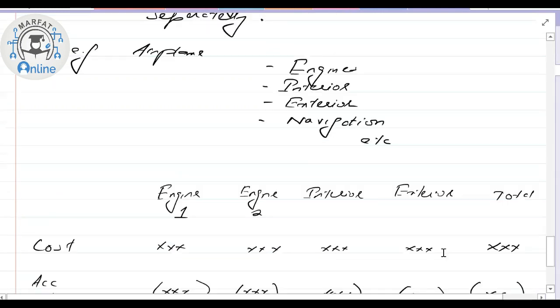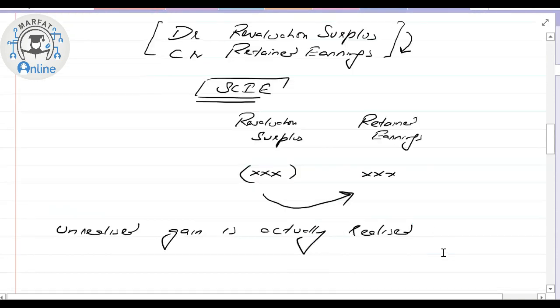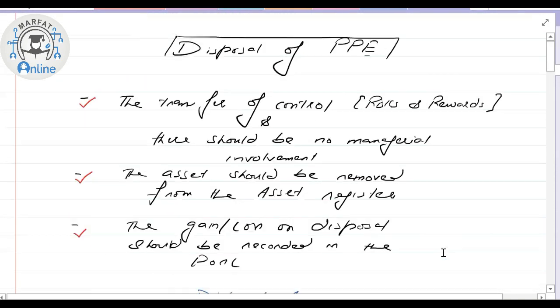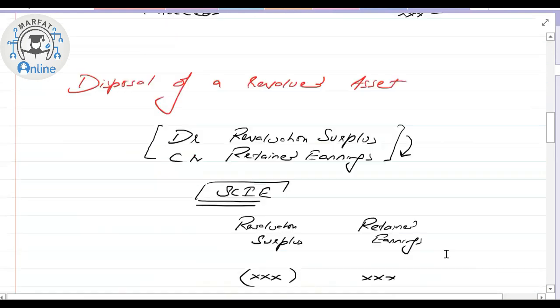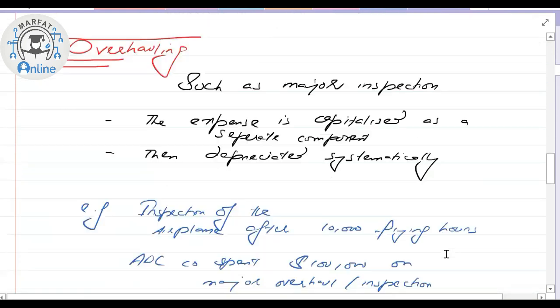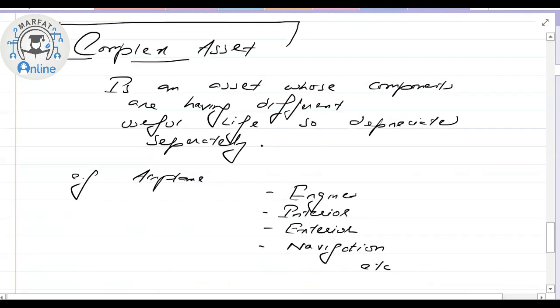So this is the remaining part of IAS-16, in which you have the disposal of the revalued asset, you have the overhauling, and you have the complex asset. All right, so now we have